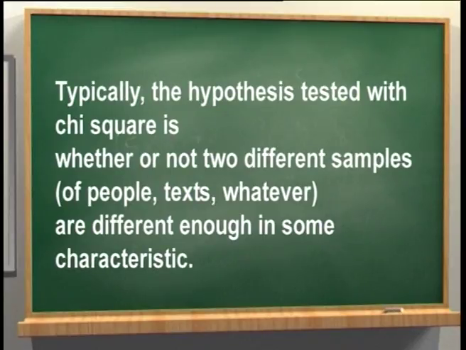Chi-square is a non-parametric test of statistical significance for bivariate tabular analysis. Typically, the hypothesis tested with chi-square is whether or not two different samples are different enough in some characteristic. For example, if according to Mendel's laws, you expected 10 of 20 offspring from a cross to be male and the actual observed number was 8 males, then you might want to know about the goodness of fit between the